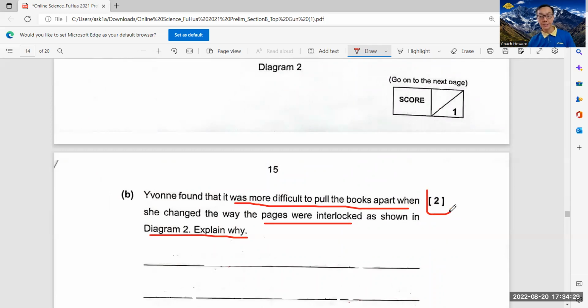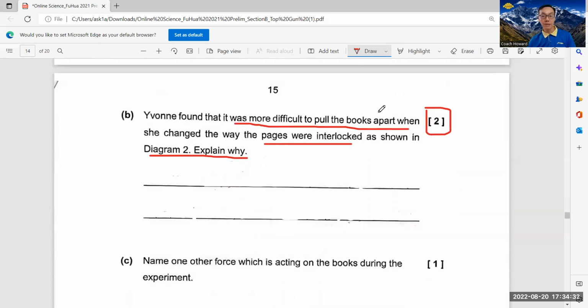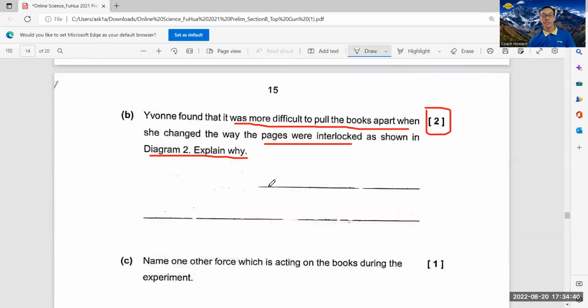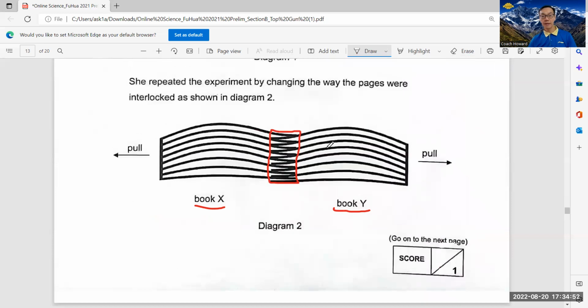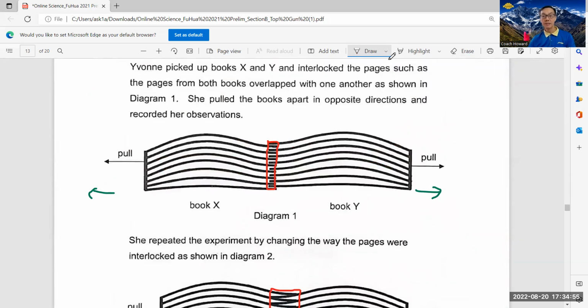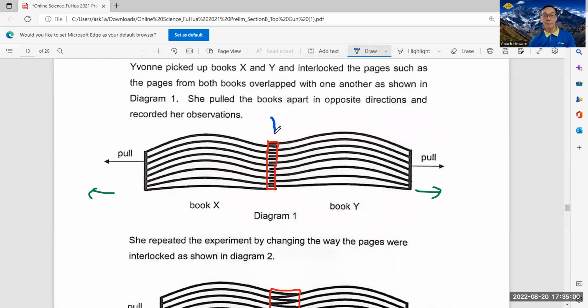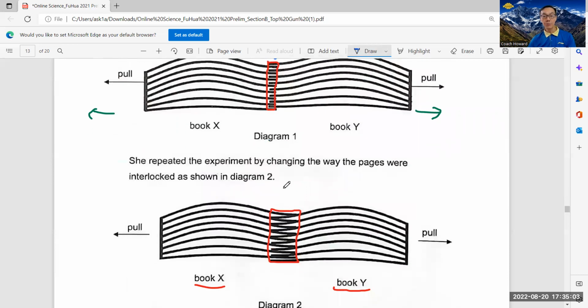Okay, this is a 2-mark question. So what the examiner is looking for, which I'm going to teach you now, is that you must mention the surface area in contact with each other. Just now I told you the technique, right? You go and measure because you are given a ruler and pencil. By measuring this part here, you're actually doing a scientific investigation. You are comparing the width of this part and the width of this. Okay, so the answer is,